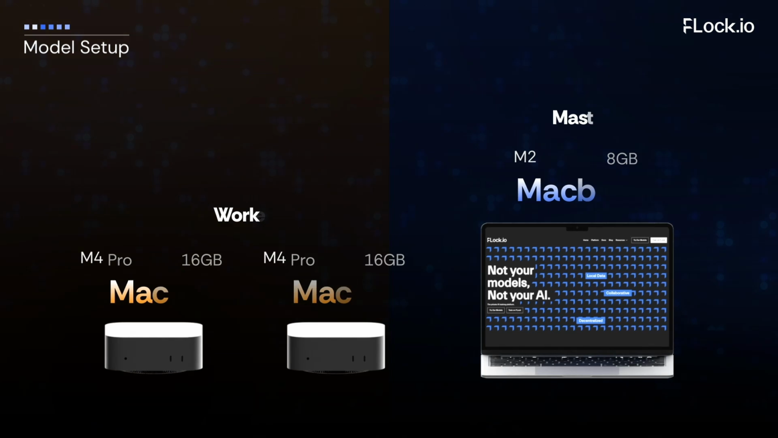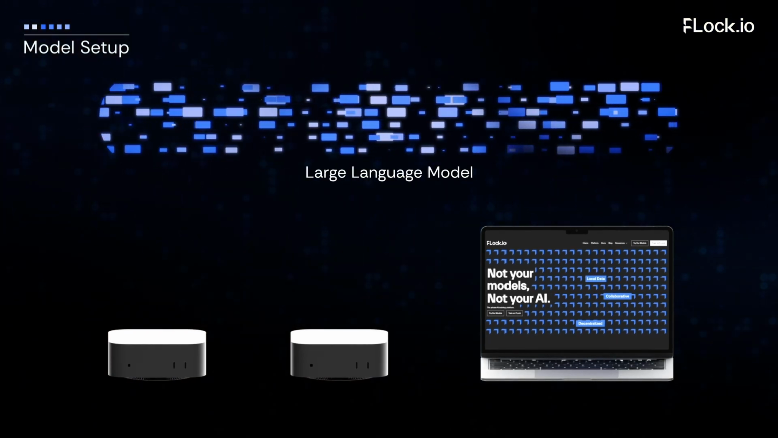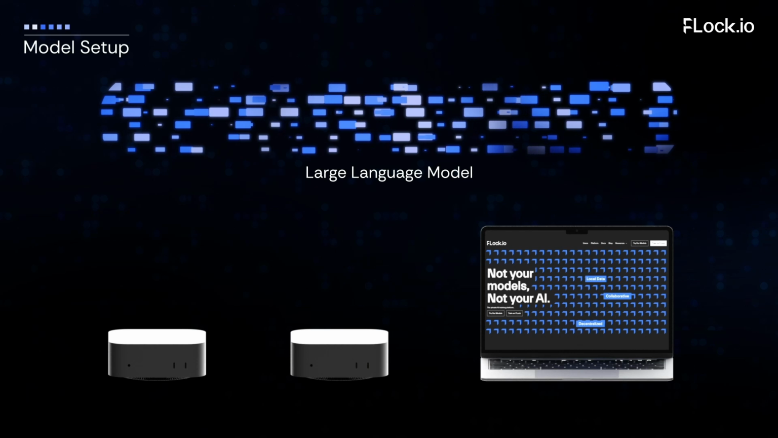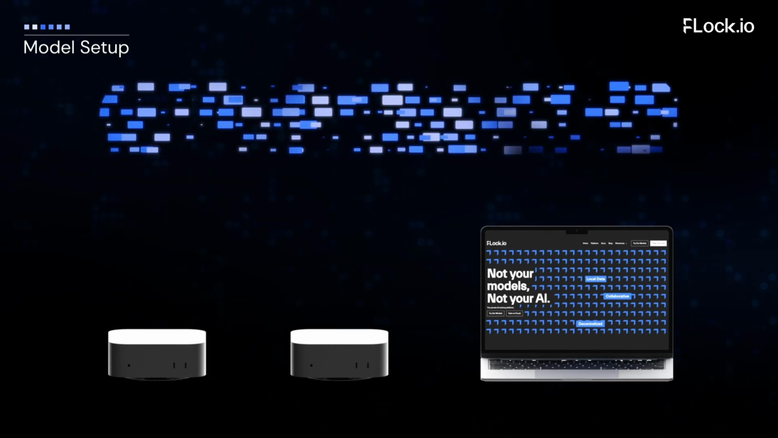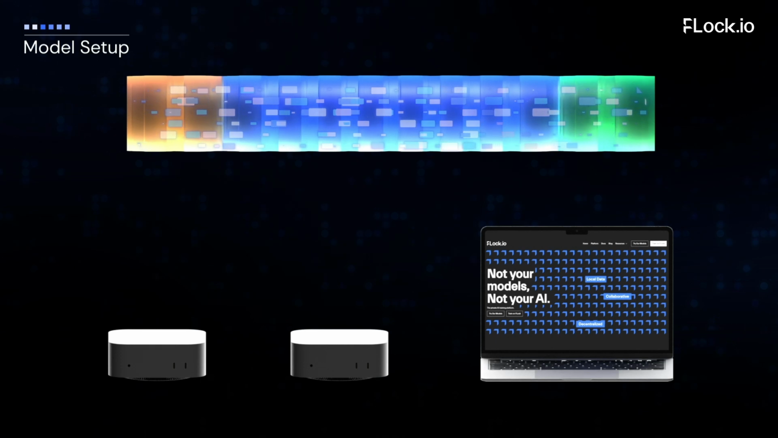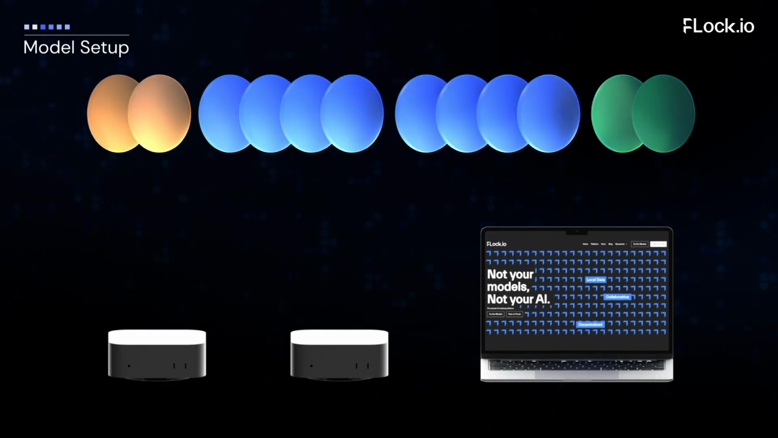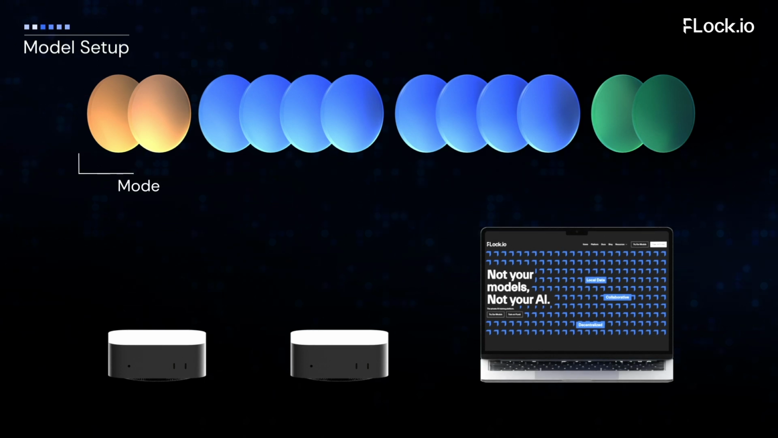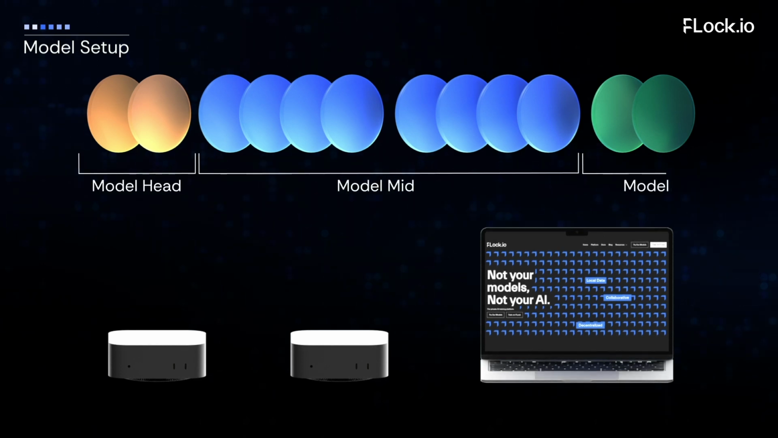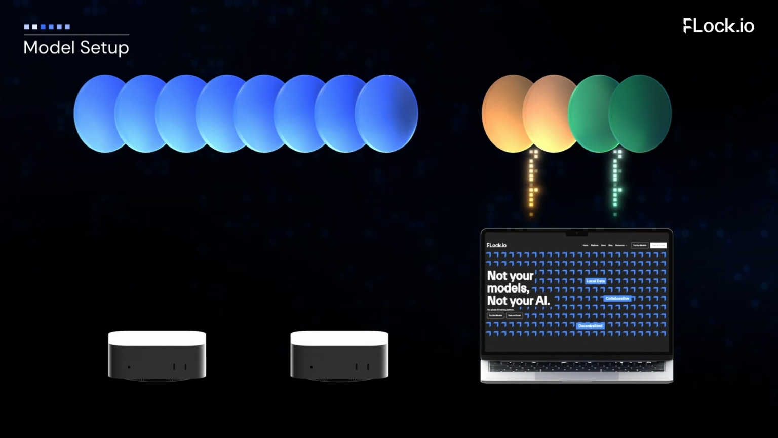In this stage, we will specify a large language model, such as Llama, that you want to fine-tune using your own data. The large language model will be sharded across devices based on the proportion of their memory sizes within the entire distributed environment. The model will primarily be divided into 3 components: the model head, model mid, and model tail. The model head and tail will be hosted on the master node, while all worker nodes will host the